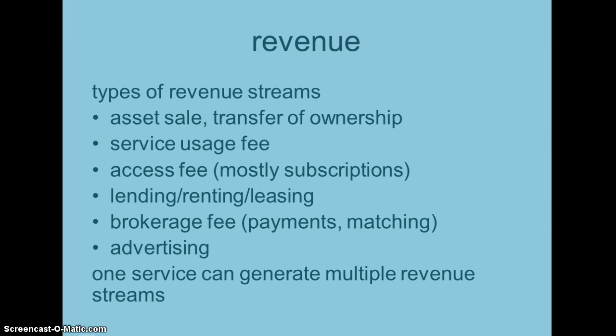types of revenue streams. One can be simply the sale of an asset, so the transfer of ownership and you get paid for it, but there can also be a service usage fee. For example, your Netflix subscription, that's revenue, a service usage fee revenue from the point of view of Netflix. There can be an access fee, access to certain things, that can be also close, similar to a service usage fee. It can be lending, renting, leasing